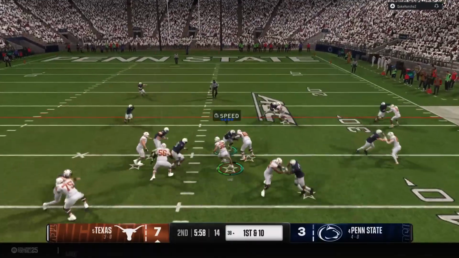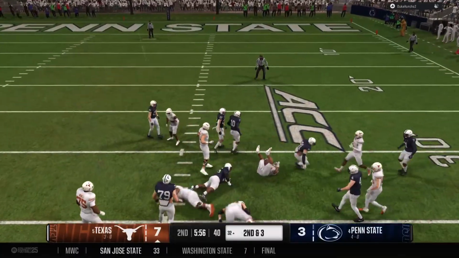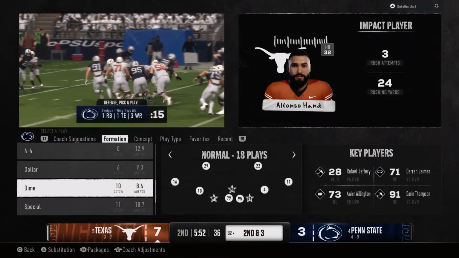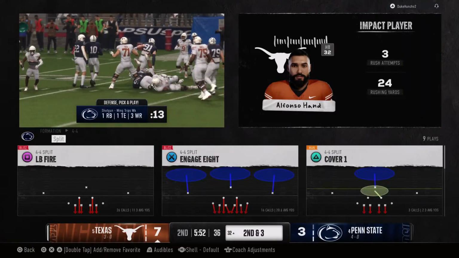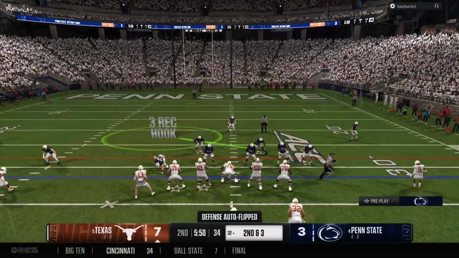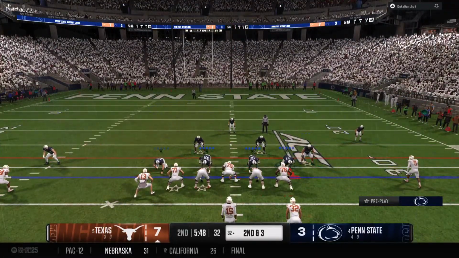From the shotgun now. Here's a handoff inside. The pickup is 7 yards. Now it's 2nd and 3. Great job by the offensive line here, opening up some holes and giving the running back room to run on first down. Plays like this can open up the playbook for the play caller, allow him to make that defense